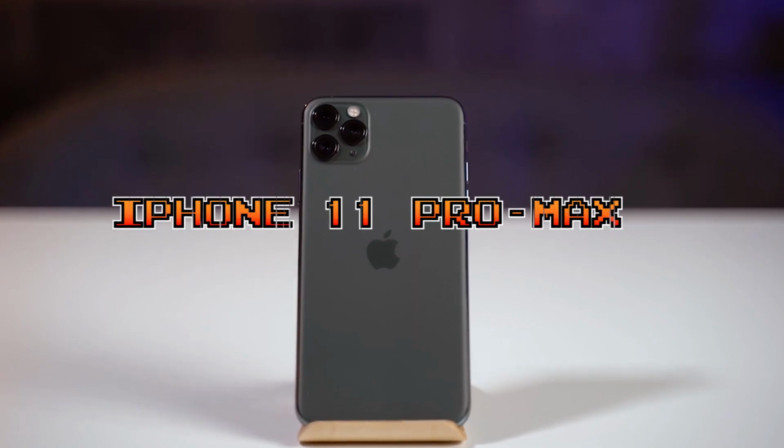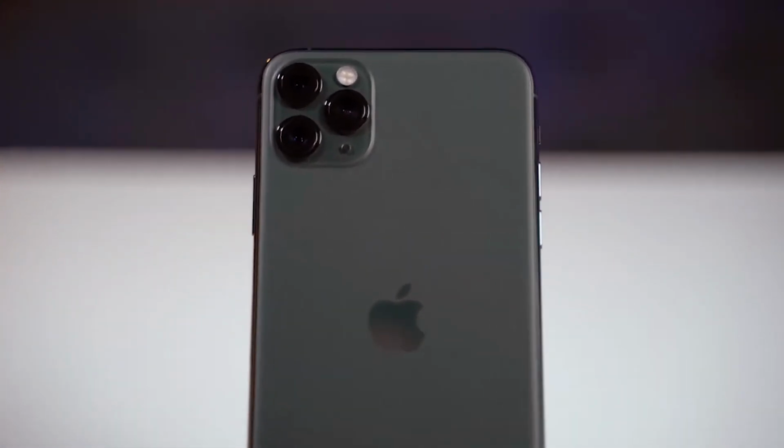As for price and availability, both the iPhone XS Max and the iPhone 11 Pro Max are top-of-the-line phones with price tags to match. The overall winner here is the iPhone 11 Pro Max. Both the iPhone XS Max and the iPhone 11 Pro Max are fabulous phones in almost every respect. If you own an iPhone that's a few generations old, the new models are going to be a huge upgrade. But if you already own the iPhone XS Max, there's really no reason to upgrade to the 11 series at